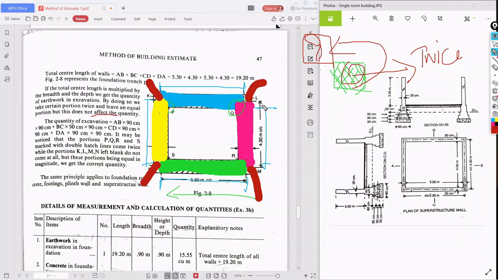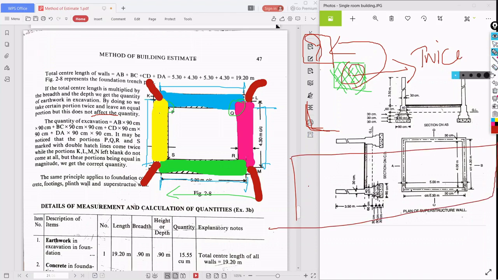Okay, this is called an L junction. If an L junction is there, we need not deduct anything from the center line length. Whenever we get T junctions, I will let you know what that means.